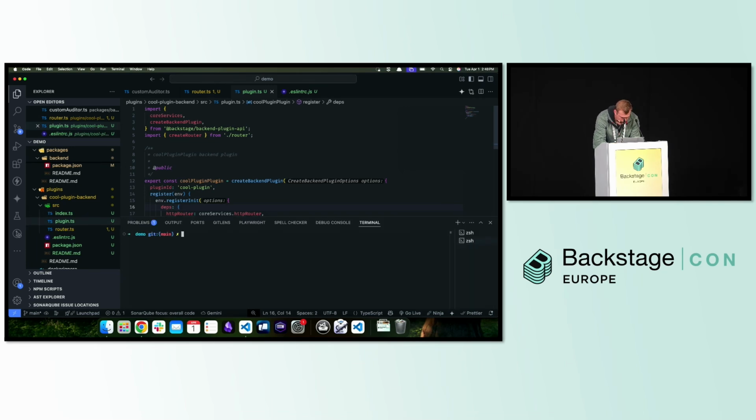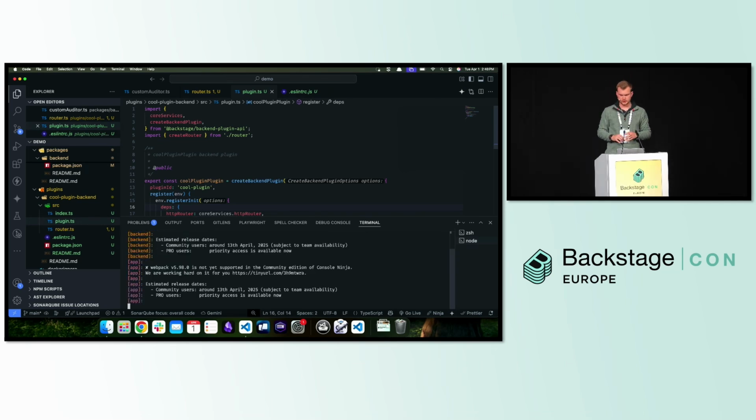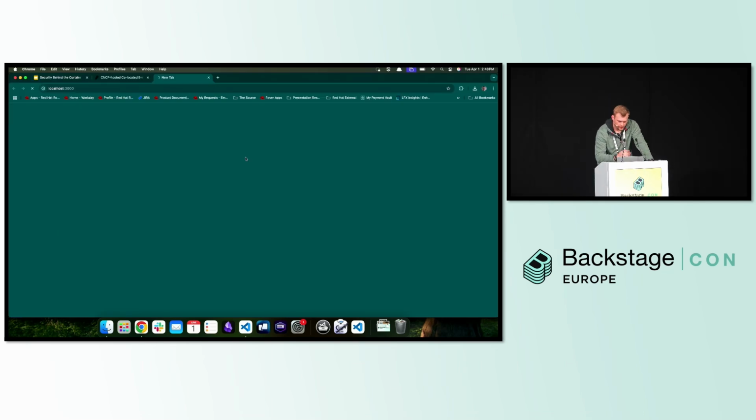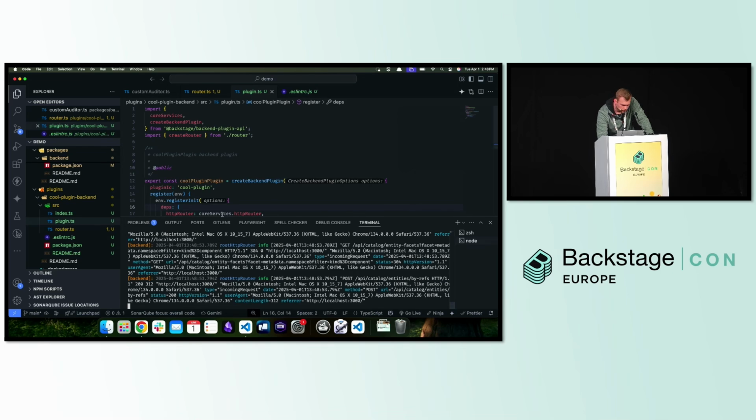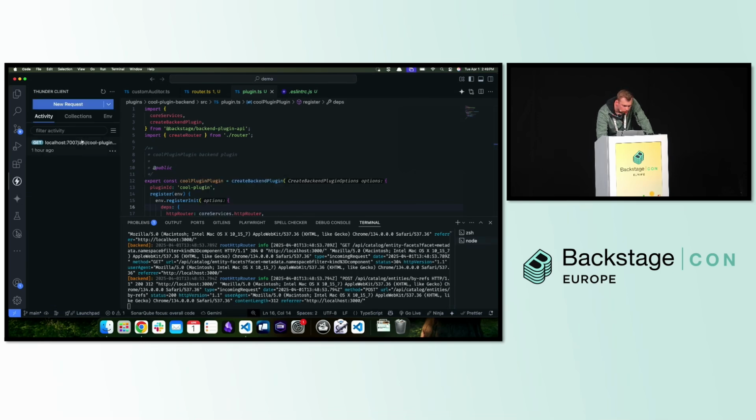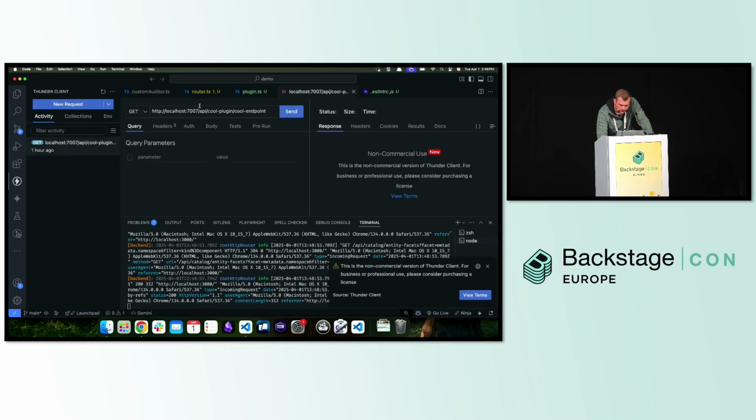So let's use yarn dev. It'll take a second to start running. Should pop up in the web in a second. We don't really have to worry about that too much. And then what you can see is when you run under Thunder Client, we can then see